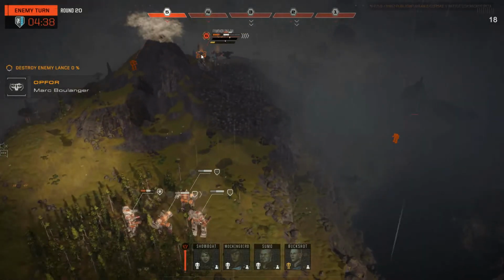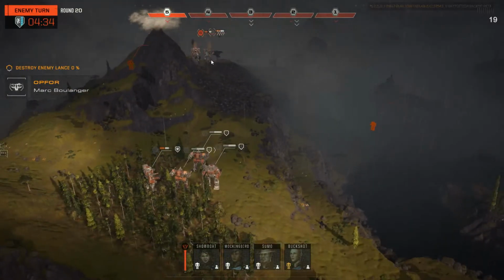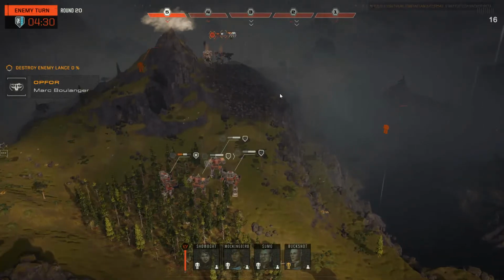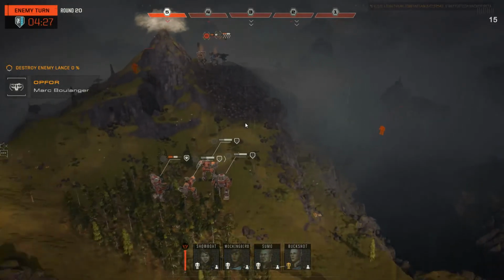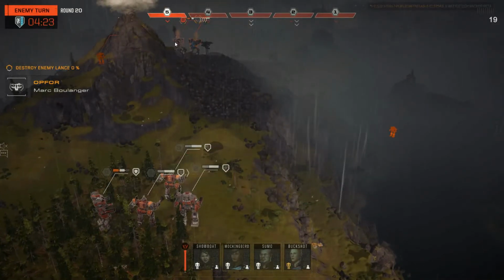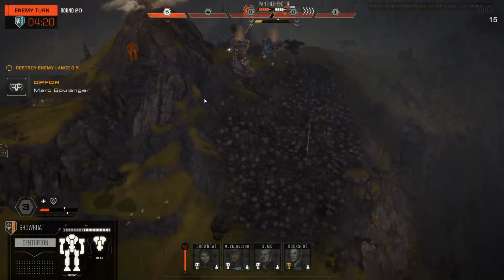Alright, so now it's going to come down to a round of firing. So what's he going to fire on here? Try and knock this. Try and knock this so that we can kill it off with these two. There's no point in firing on this. Ooh,